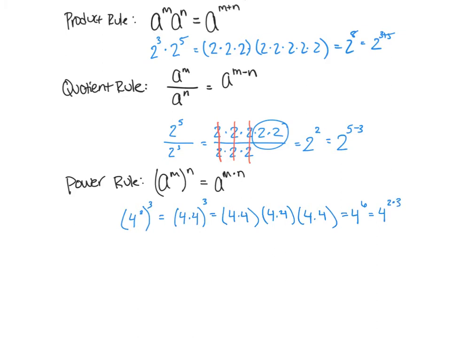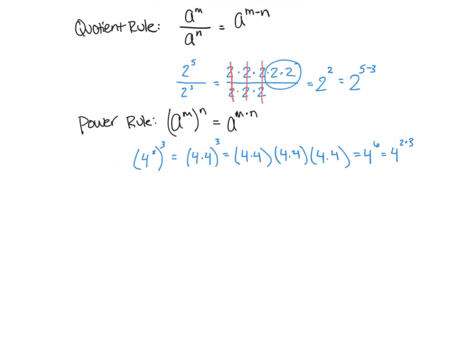All of these rules come from writing things out the long way, but we don't have time for that, so we're using all of these shortcuts. Oh, you know what? I'm actually going to be going over 3 more rules. Sorry, 6 rules total. I think we're going to do our 0 exponent rule, then we'll do our negative exponent rule. So our 0 exponent rule